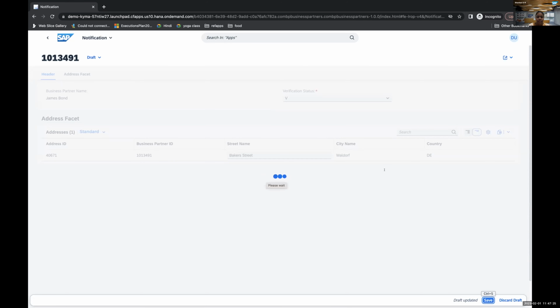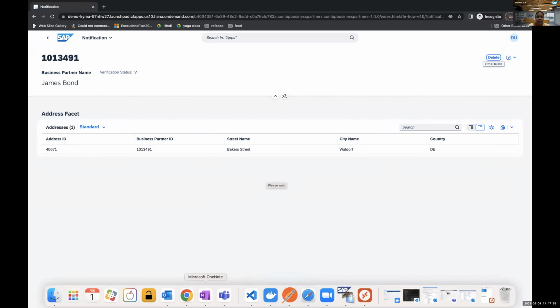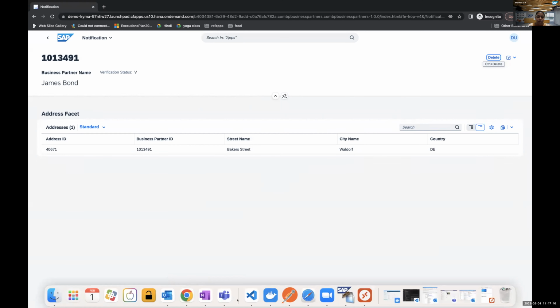And then he saves the data. Once the data is saved, again this data would be transferred to the serverless function. The serverless function would do some processing, and then using API based communication, it updates the data back to